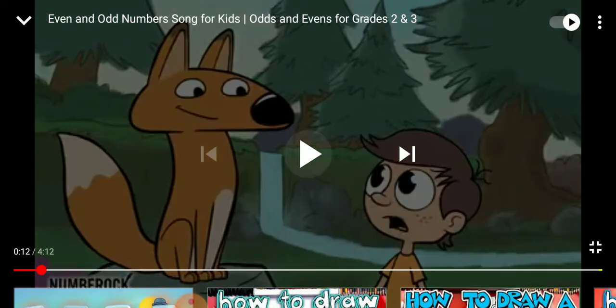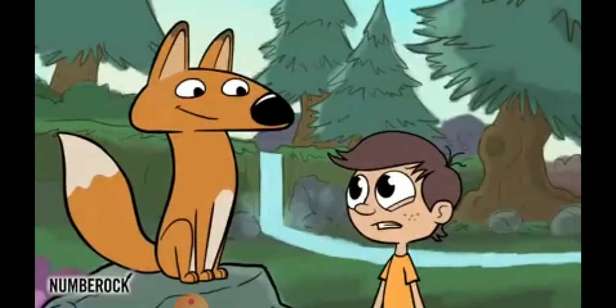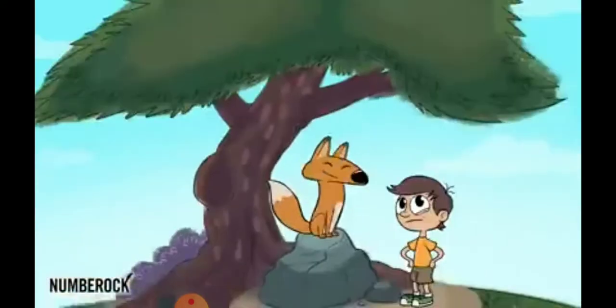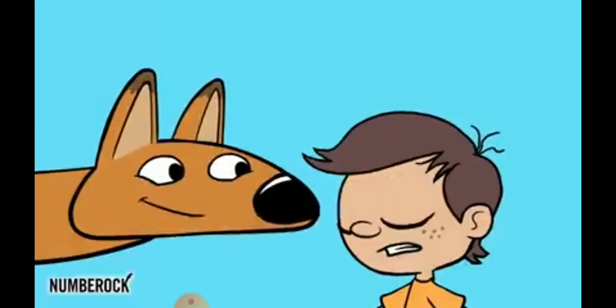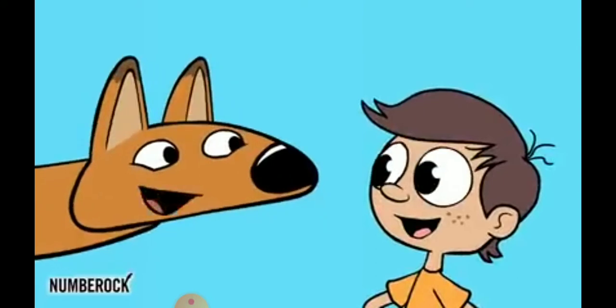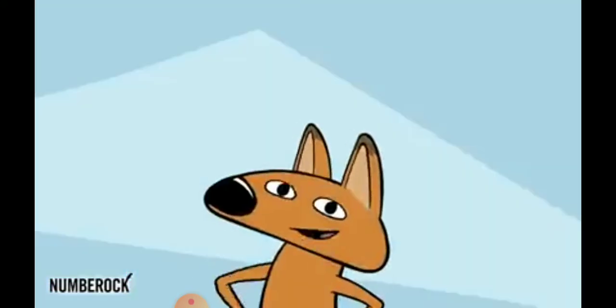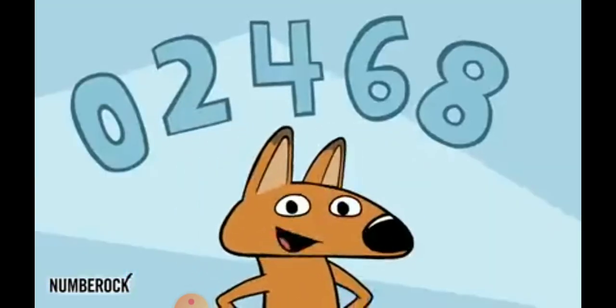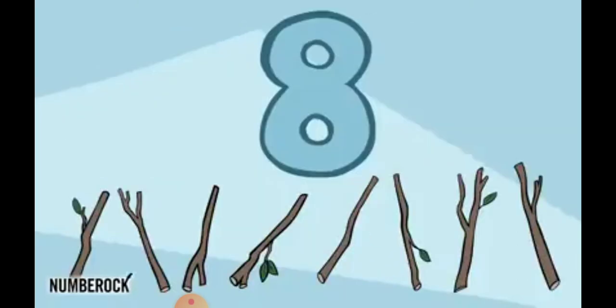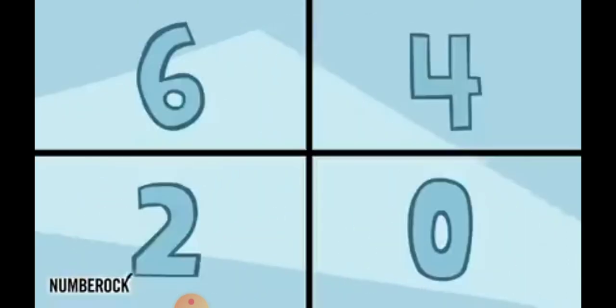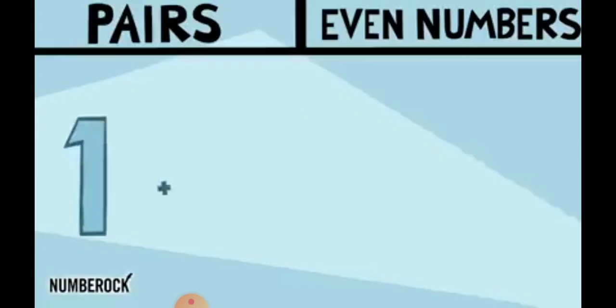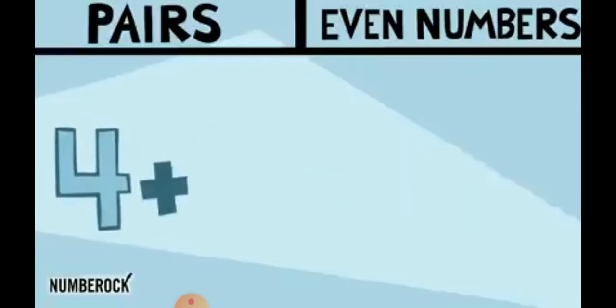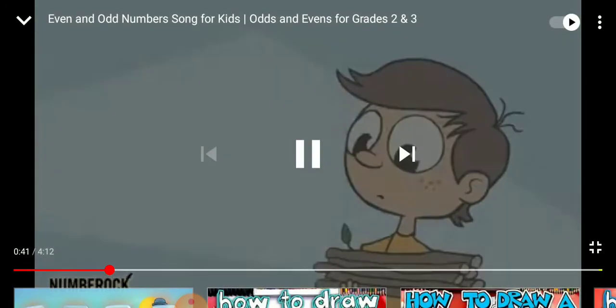Let's start. As Fox started talking, I somehow understood. She asked, Please, will you join me beneath this pine? she whispered, For you, even numbers I'll define. They are 0, 2, 4, 6, and 8. You can split them down the middle. Yes, you've solved the riddle. 'Cause 1 plus 1 equals 2, and 2 plus 2 makes 4, it's true. Then 3 plus 3 equals 6, and 4 plus 4 makes 8.